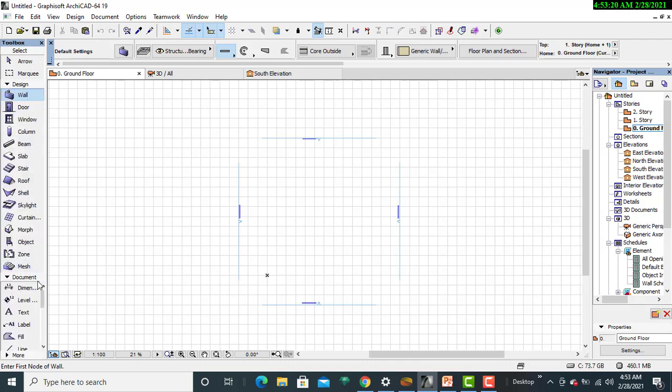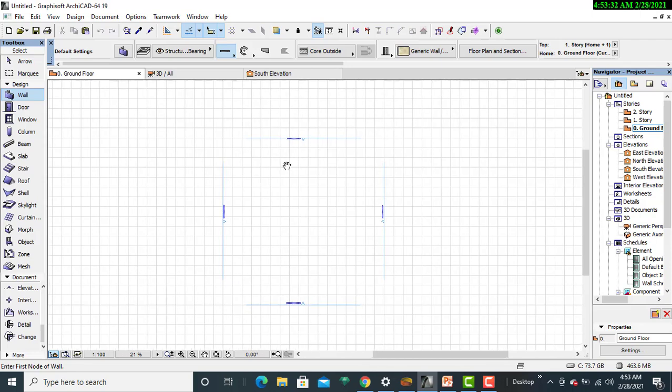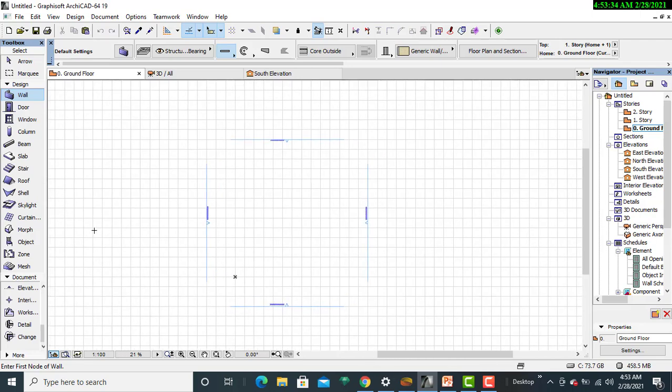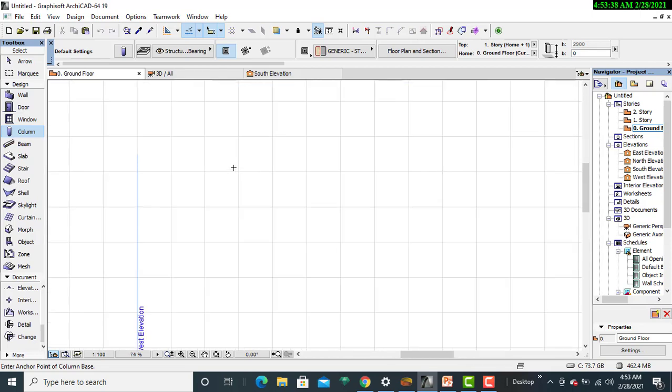So another thing that I also wish to bring to your attention is the fact that for us to be able to set up columns in place, it is only through the grid display that you'll be able to locate columns in their rightful positions.